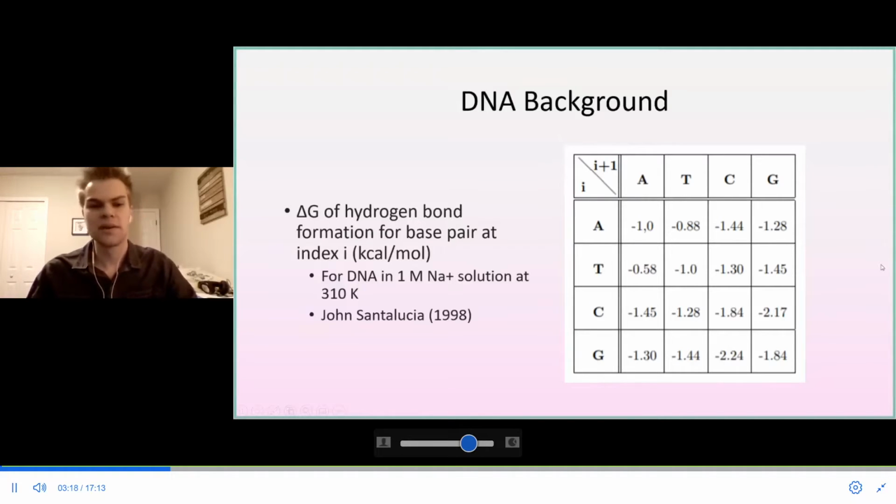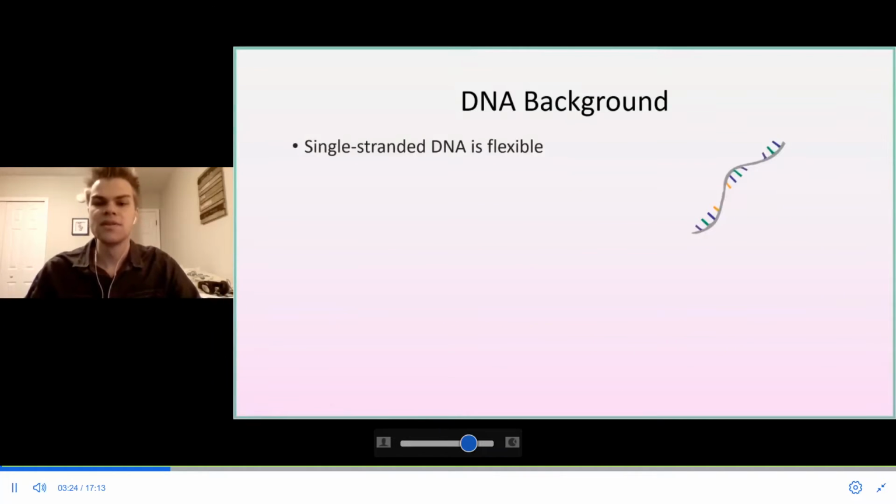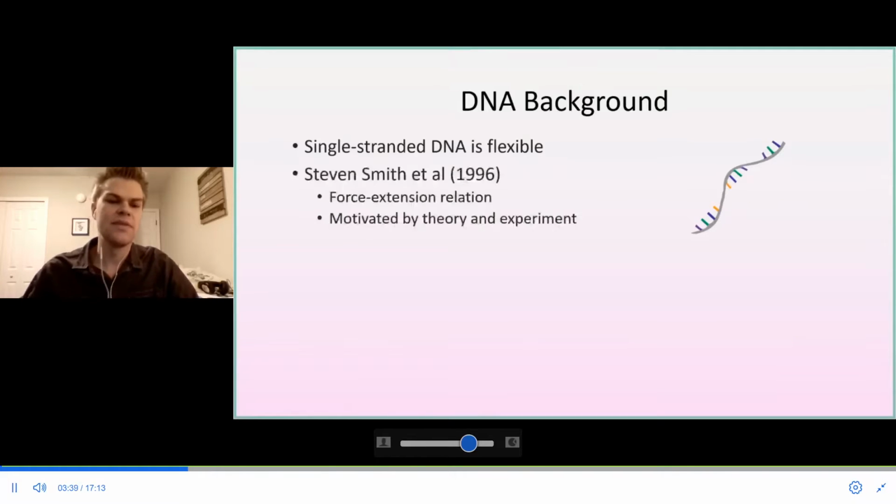The final DNA property that I want to talk about is that when you have a single DNA strand, which is also relevant to the experiment, those are quite flexible. So you can imagine that it sort of likes to get messy, like a shoelace is rarely just naturally straight. If you apply a force to stretch it out, so you try to separate the two endpoints of a single strand of DNA, then you might imagine that it's energetically favored for it to elongate and reach its sort of maximal conformational length. But it's entropically favored to bunch up because there are more conformations available to it if the